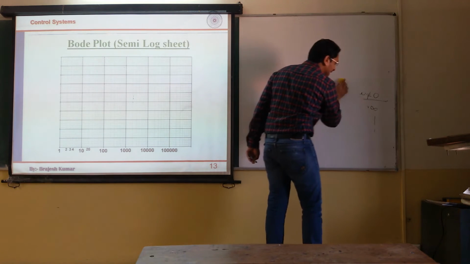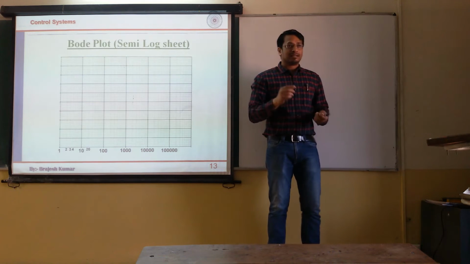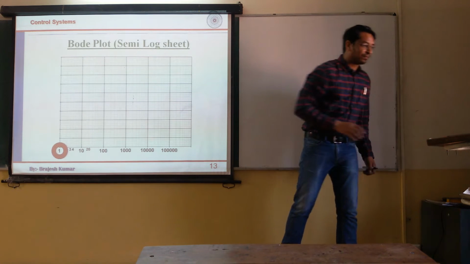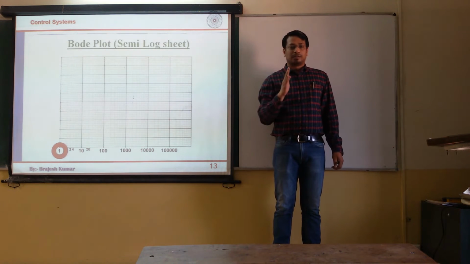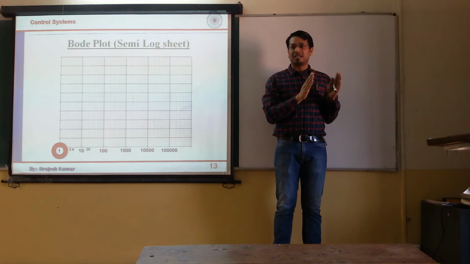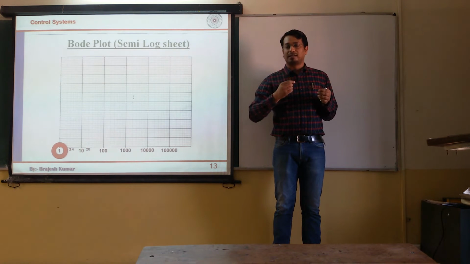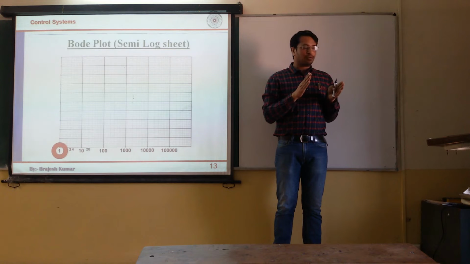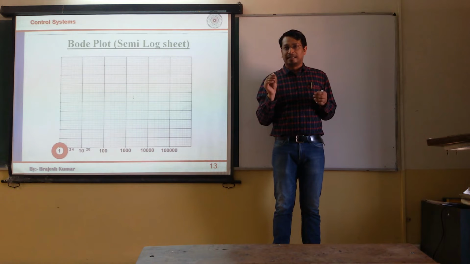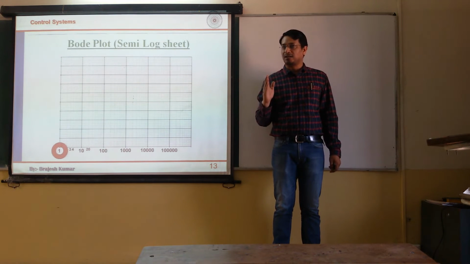Please note that, and focus your attention on the x-axis and y-axis both. Please note that this will be cyclic in nature. It starts from this point 1. After that, the graph is cramped at 10, meaning the spacing is more at 1. If you observe it as linear, it will have more space between 1 and 2, and less space between 9 and 10. So this graph is cramped toward higher values.